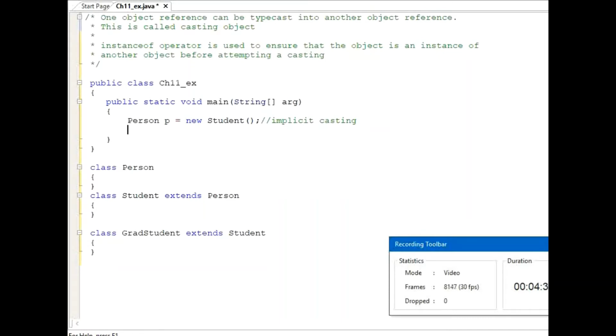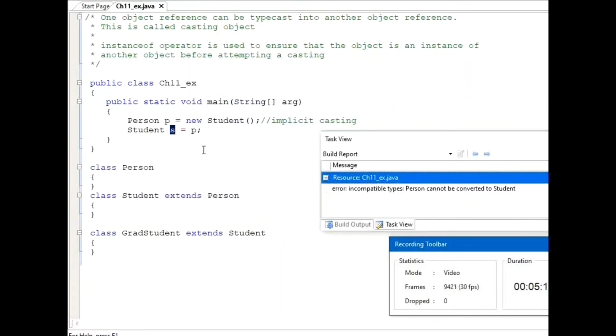Then let's assume that you are trying to do some other kind of creating an object. For example, you have Student s, and I would like to assign p to that student. p is the object we just created above. It is assigned an instance of the Student class only. So I am assigning the instance of the Student class to s. But when you compile this program, you will have a compilation error.